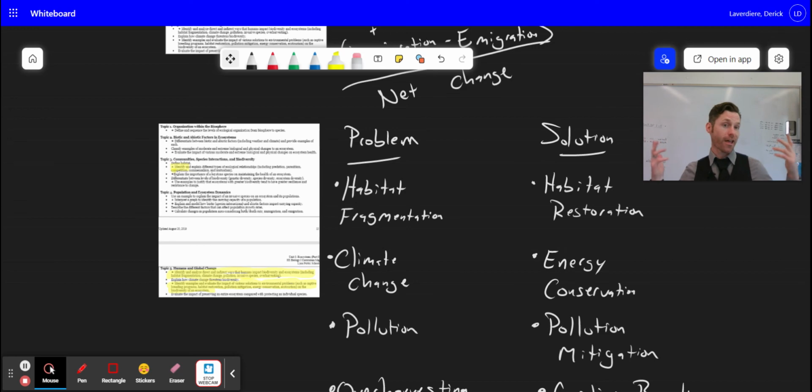The solution to this is habitat restoration. We fix the habitat that we broke. Now some of these solutions are really easy. So in this instance, I took my highway and I separated it into small habitats. What we can do is build a bridge over the highway that the organisms can cross, or we can build tunnels under the highway that organisms can cross. And so that way the organisms can get to either side of the highway and they have access to the resources still. Ta-da! Habitat restoration, problem solved. Anytime we're fixing the habitat, that's habitat restoration.